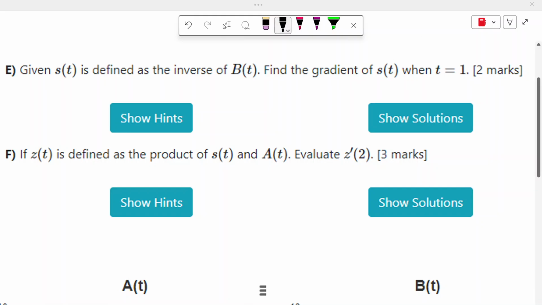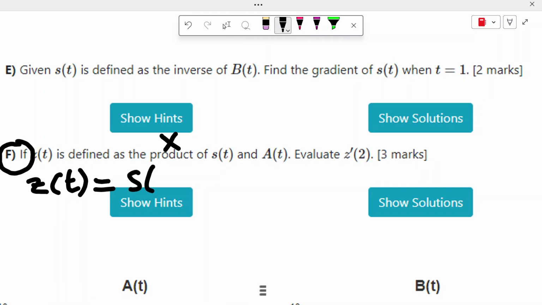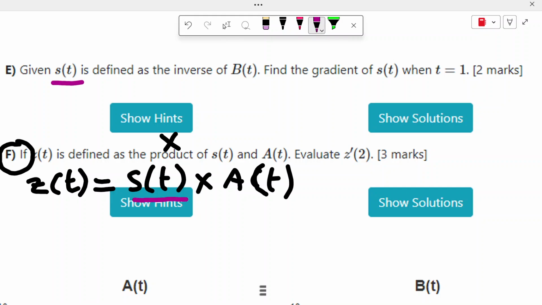Okay, we are doing part F here. And it says that this new function z is the product. Now, product means times. So it's this new thing, s of t times a of t. Now, it's linked to the previous question where we said s of t is defined as the inverse of b of t. So really that's saying s of t is equal to 1 divided by b of t. So if we add that in, we get that